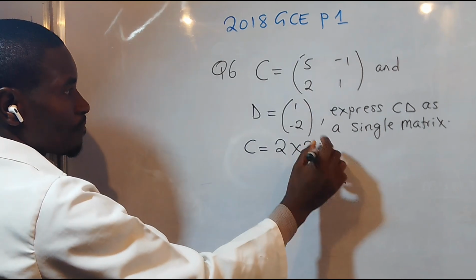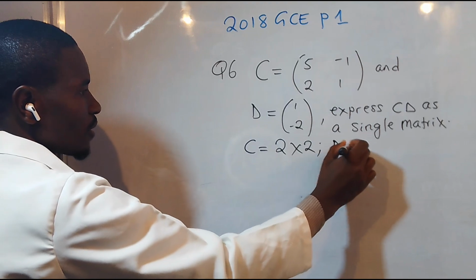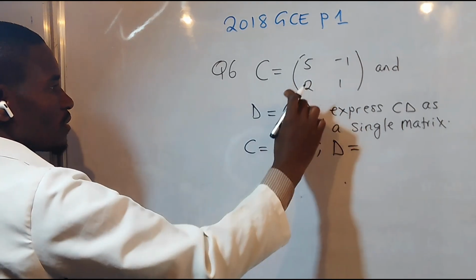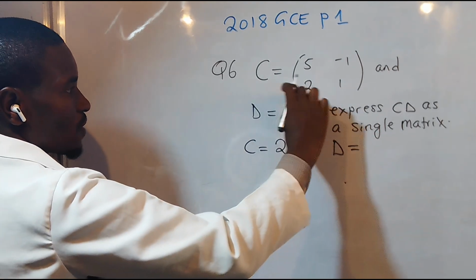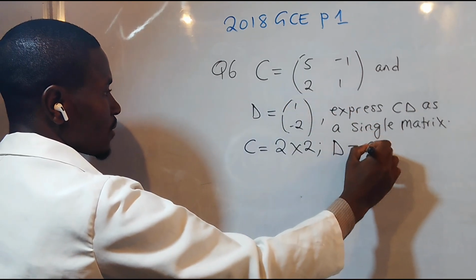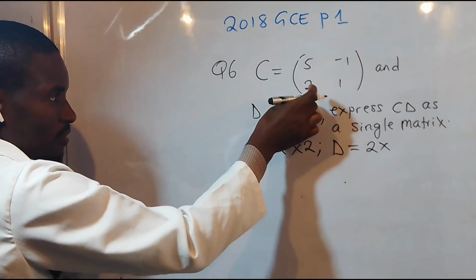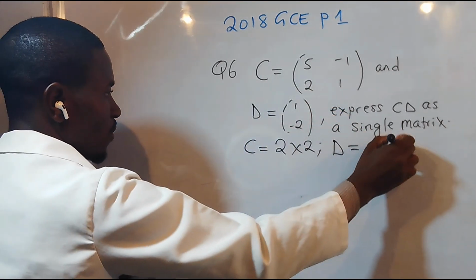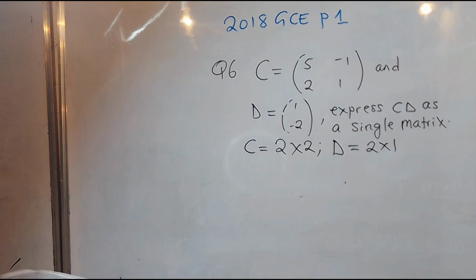Now, what about D? D is 1, 2. So the first row on top, and the second row at the bottom. So this is 2 by, and then just 1 column. So 2 by 1. So when you look at this one,